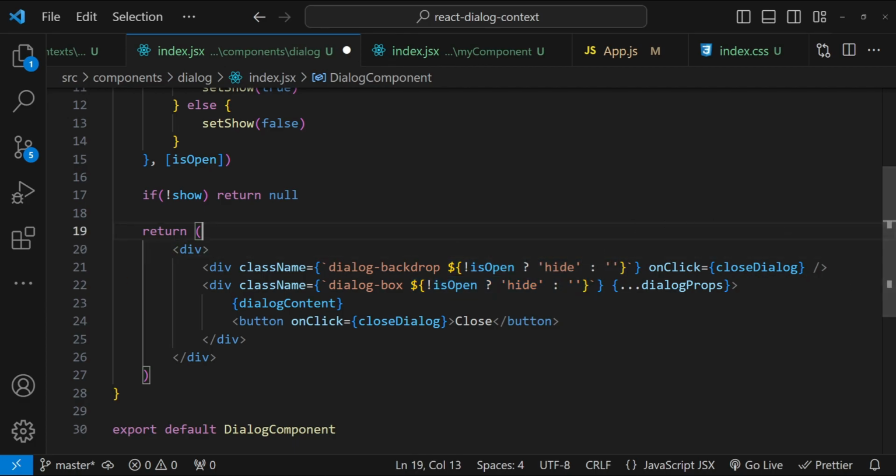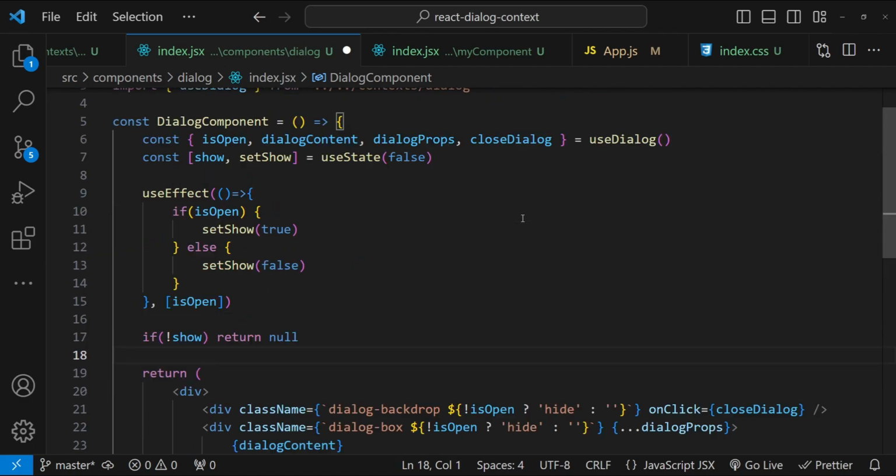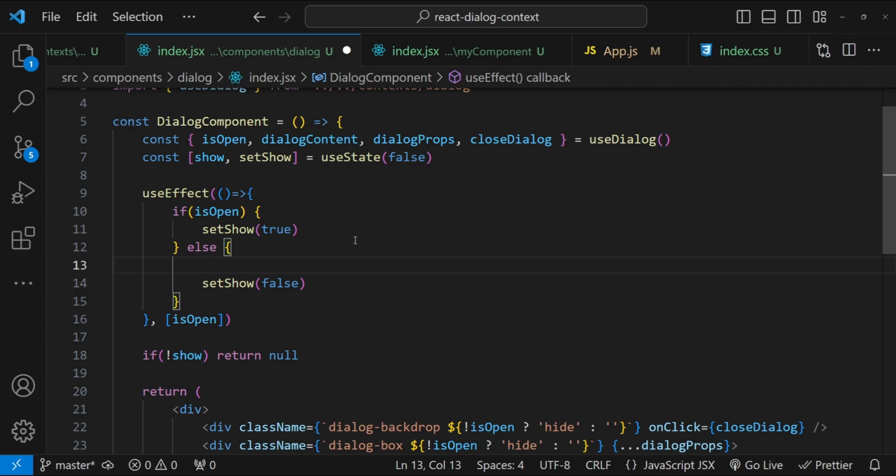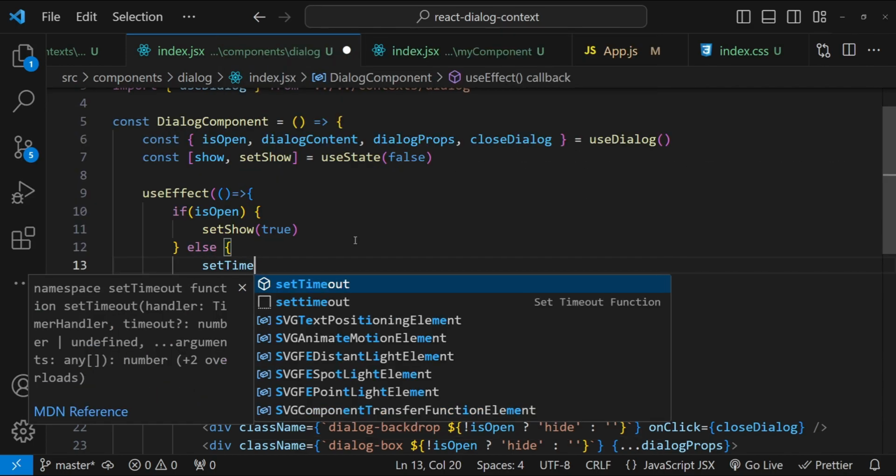And what else we need to do? Now there is one thing that we need to manage, and that is the hiding of our dialog, which is based on the keyframes. If isOpen is set to false, then we cannot immediately hide the dialog because then it will render null. We have to wait for the keyframe animation to finish, then only we should completely hide the dialog. Now there can be multiple ways to do it. The most reliable way in which I found this can be done is to use set timeout when we have to